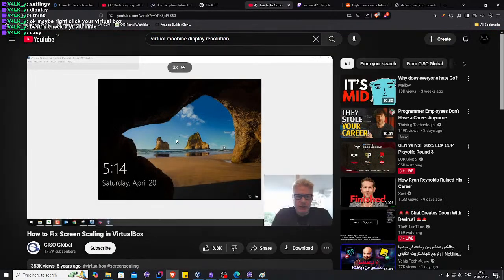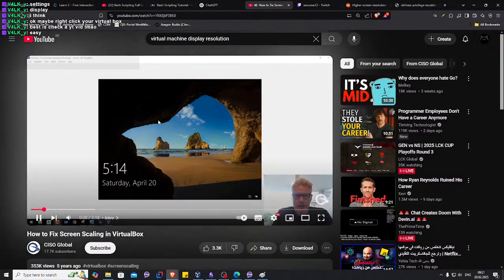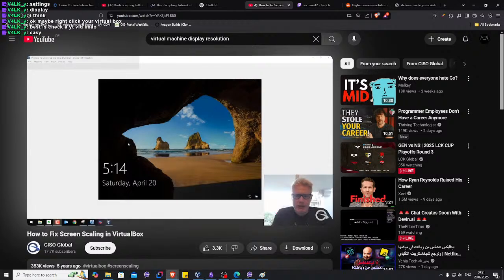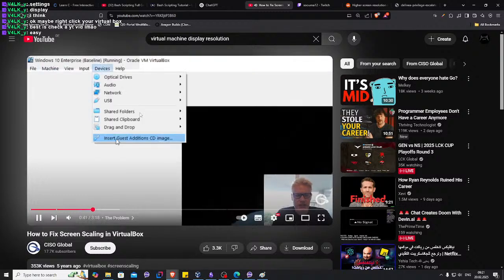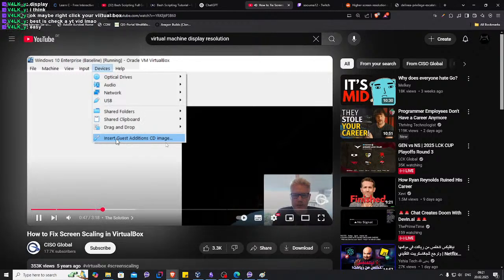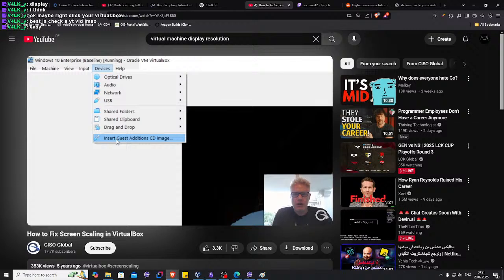So you have Windows 10 running in VirtualBox, but your screen looks like this, and you can't figure out how to make it full screen, and you're getting frustrated. I actually want to return it to this one. This video covers how to fix that problem. So right now, we've got Windows 10 Enterprise running in VirtualBox, but we can't resize Windows log here, edition CD image. So the way to fix this is VirtualBox has some tools basically that we have to install on the